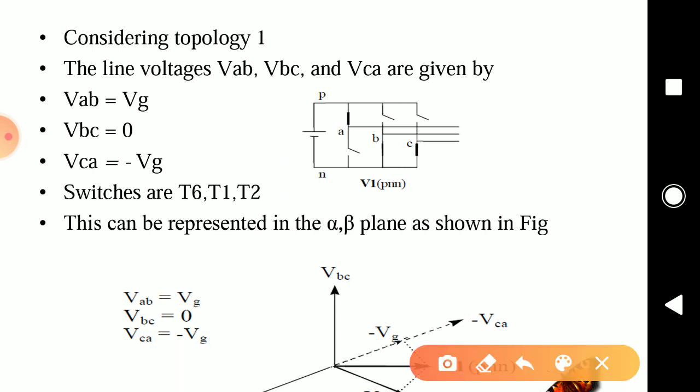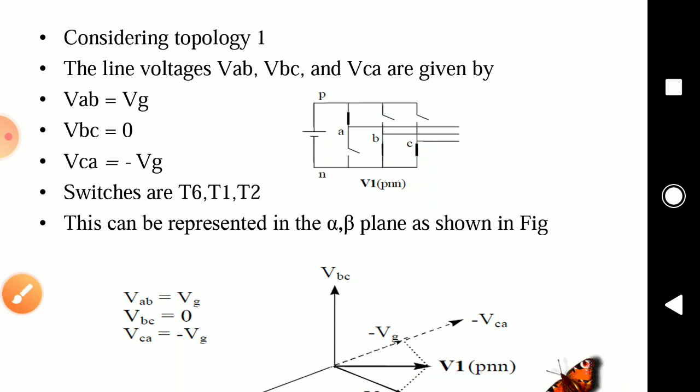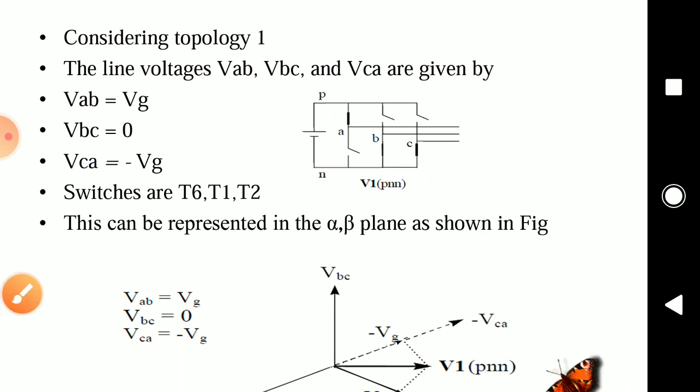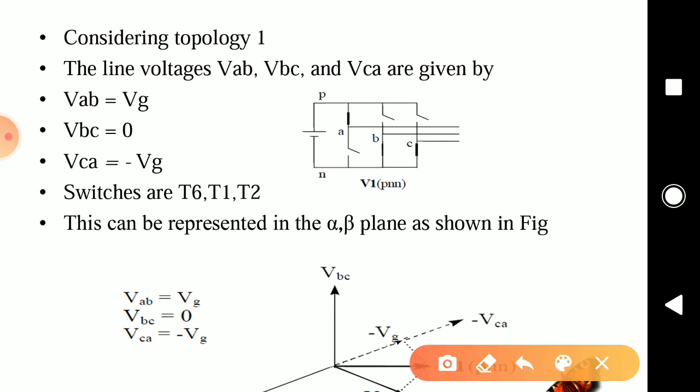Next, look at VBC. So this is VBC, N and N are on. Both are at the negative terminal. At the positive terminal, nothing is turned on. In that case, the voltage is not able to start because both of the positive switches are off. Therefore, the output voltage will be 0. So you can note one thing, that if you have only one positive and one negative terminal on, only then you will be having an output. If both of them are P or both of them are N, in that case the output voltage will be 0.